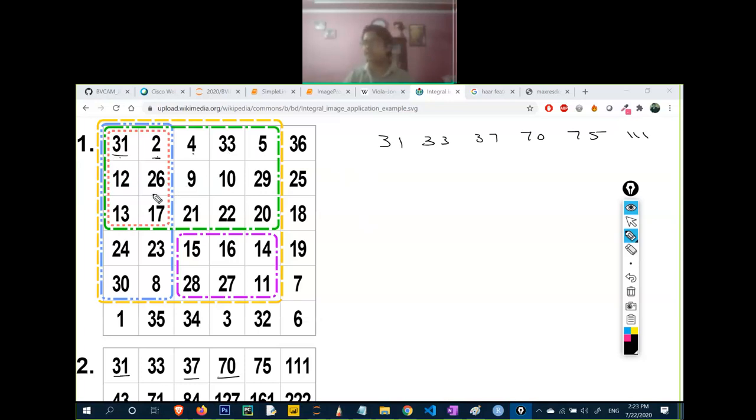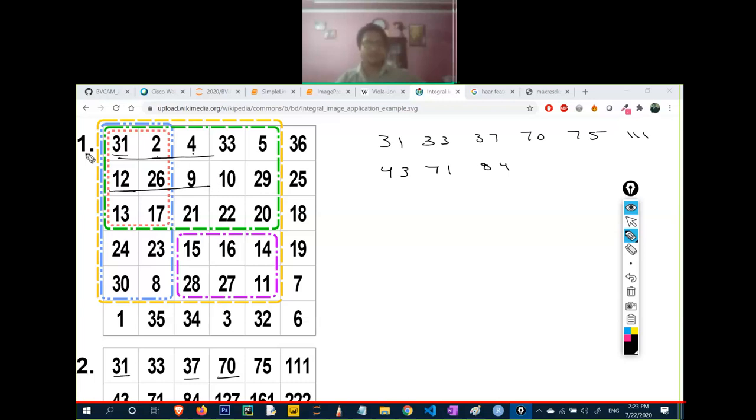Now, how will the second row and column be created? Let's say this is 12. So add 31 plus 12, you will get 43. Now add 31 plus 2 plus 12, you will get 71. Then for the position of 9, you add these three values and these three values, and you get 84.